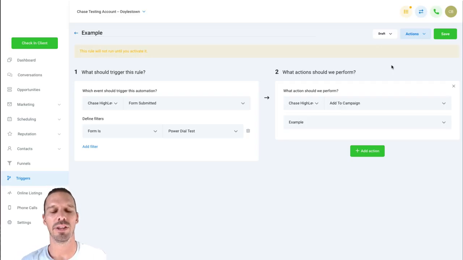Okay, let's talk about the other option. Let's say you're not using our form builder, you have a WordPress website somewhere